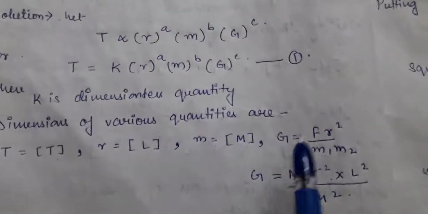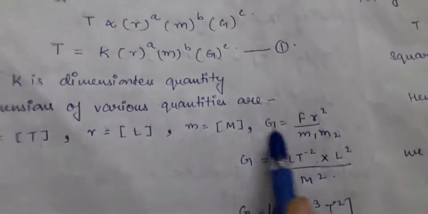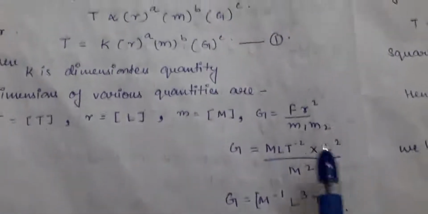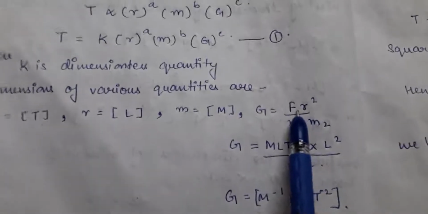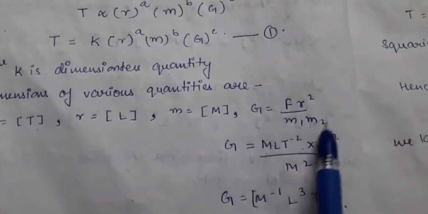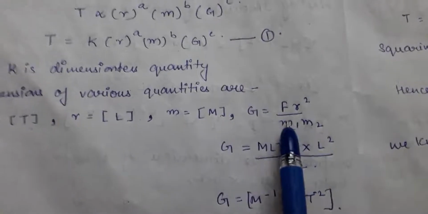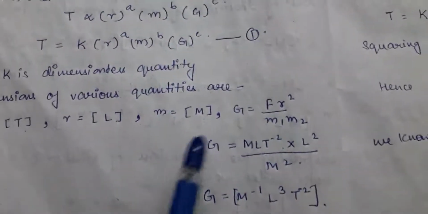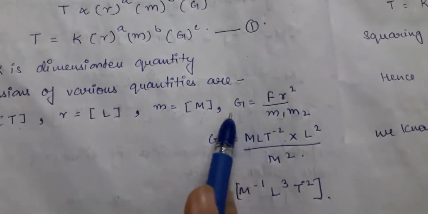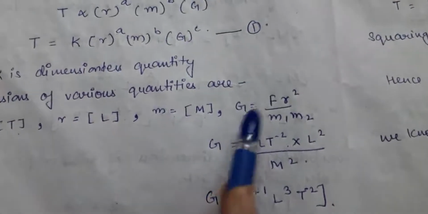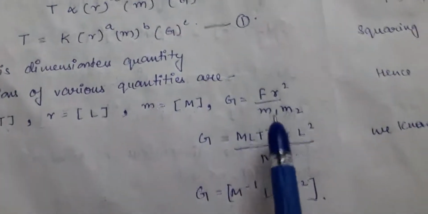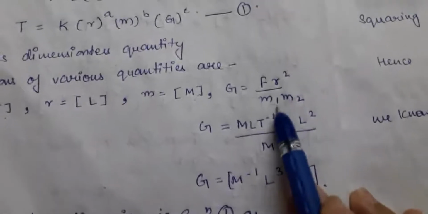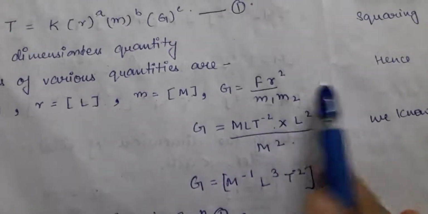Now comes the gravitational constant capital G. If you have not done the previous homework, then you will not be aware of the dimensional formula. For you I have solved it here, but beta, you have to solve the previous portions which I gave in the previous videos, for your convenience, so that if I upload further videos you will not have any problem. If you do not solve them, you will get problems in the next questions. So don't skip the hard work, you have to solve.